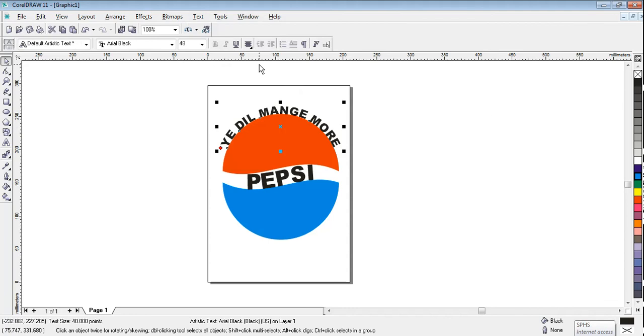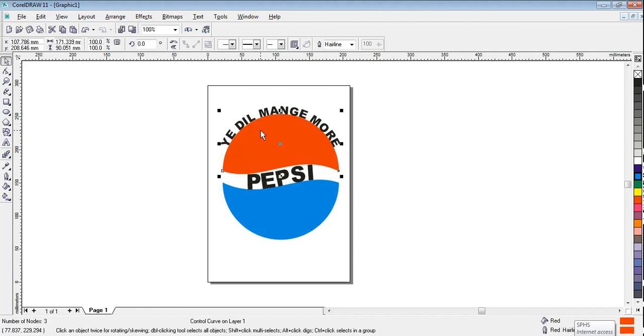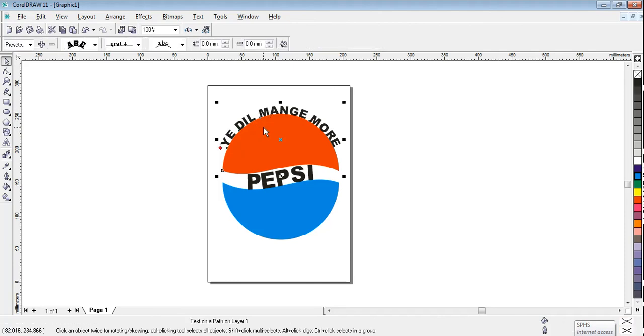Now all of you try to understand, there are more options available when we do Fit Text to Path. Which are those more options? We'll see. For that, I'm selecting the red circle also. Now you can see I'm selecting the text and the red circle both. These properties have now appeared on the property bar. These are the properties available for Fit Text to Path. These are the different kinds of text styles available. Whichever you feel convenient, you may select.